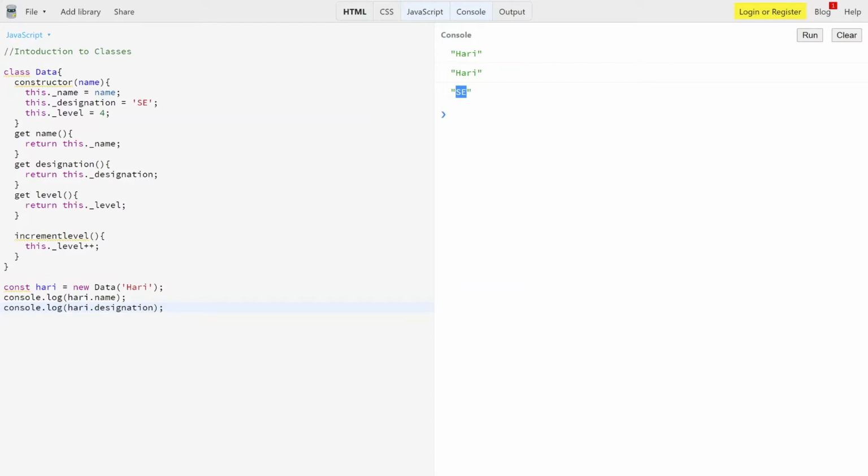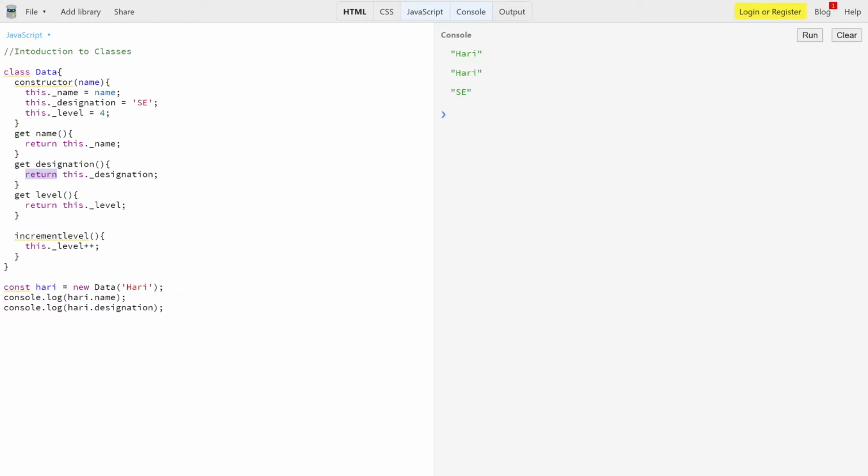So how are we getting it? Firstly, this bunch of code will execute. It will create an object with the name Hari of Data, so it will go to Data, and then since I'm calling designation, it will go to designation and execute this line of code. This line of code says we have to return the designation value.